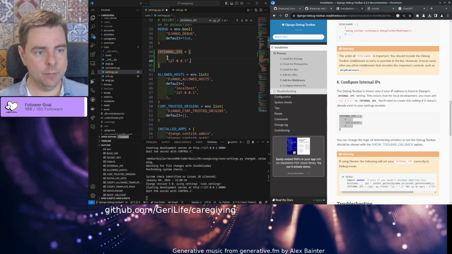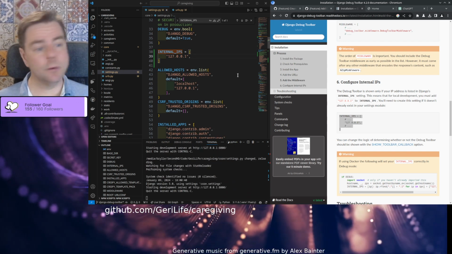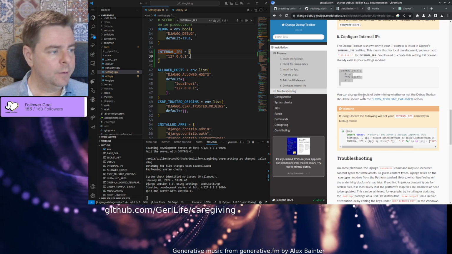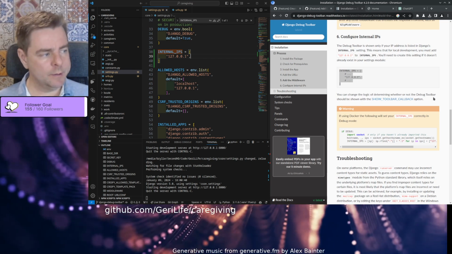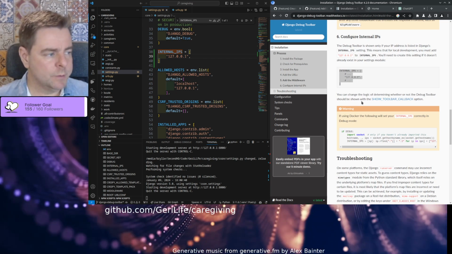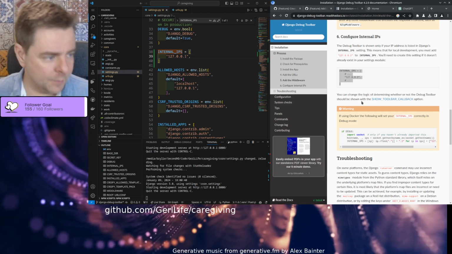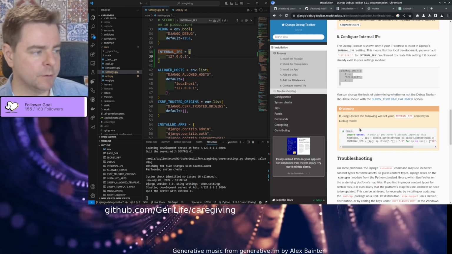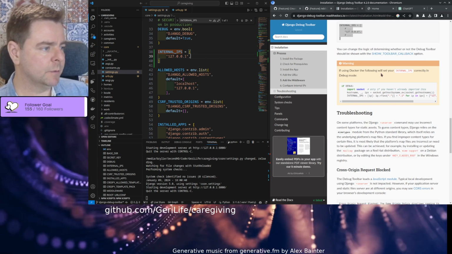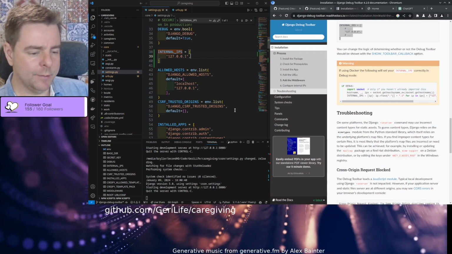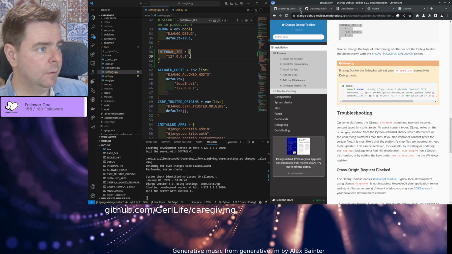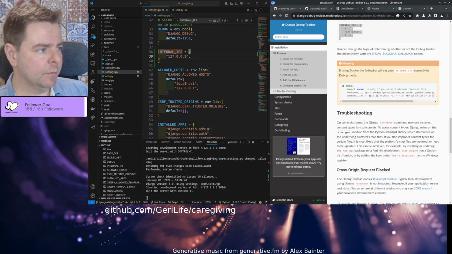And from what I know, it's an IP, so it won't be like localhost, from what I understand. You can change the logic determining whether or not the debug toolbar should be shown with the show toolbar callback option. If debug, warning, if using Docker, the following will see your internal IPs correctly in debug mode. All right, so I think we're actually good to go. However,